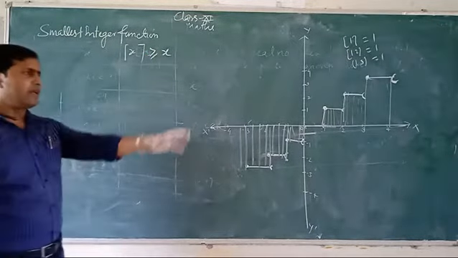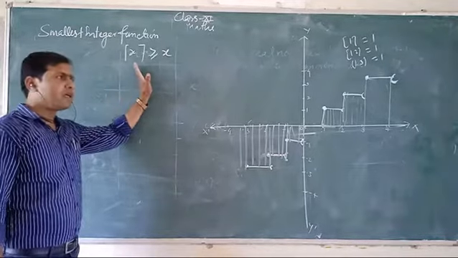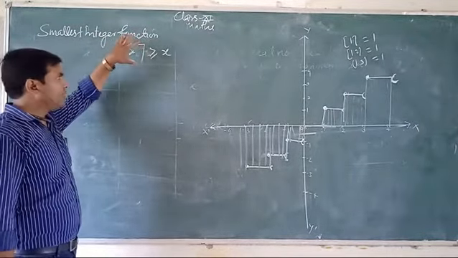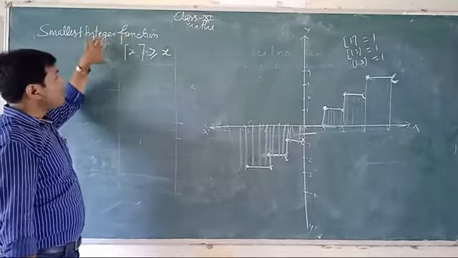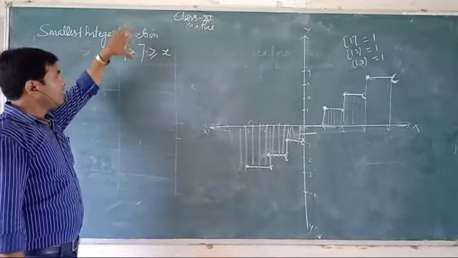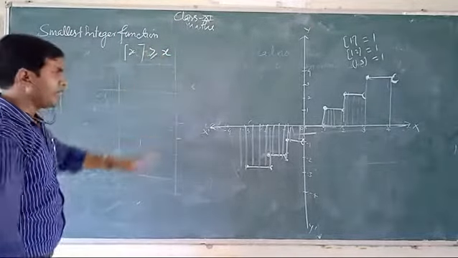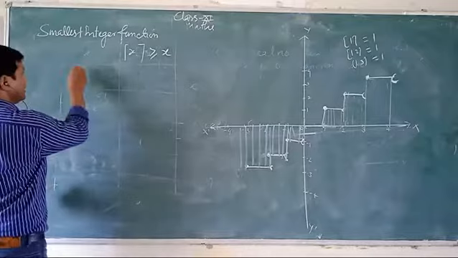Let us suppose that x be a real number, then the symbol denotes the smallest integer greater than or equal to x. Okay, any example,